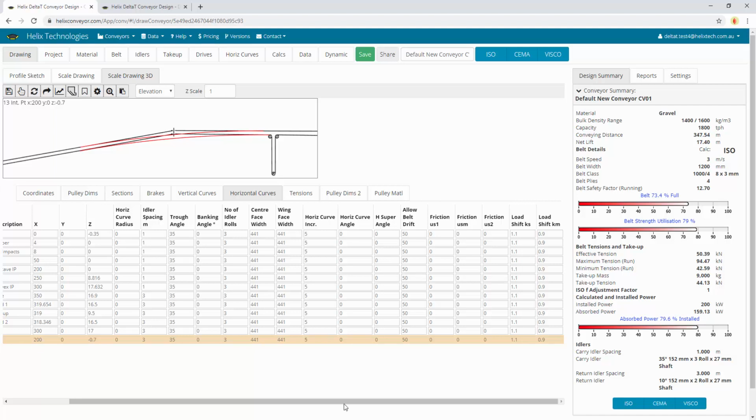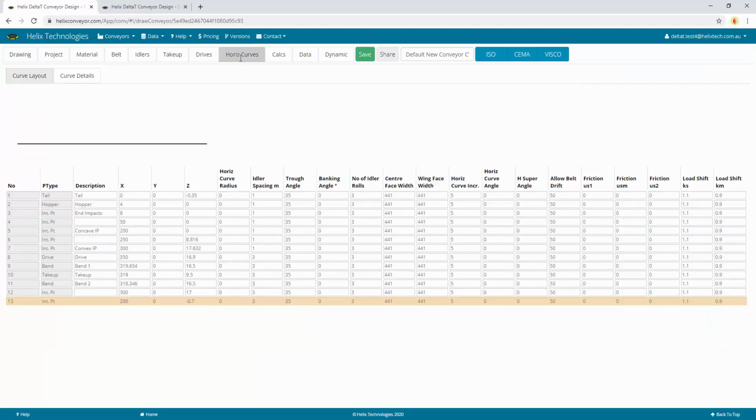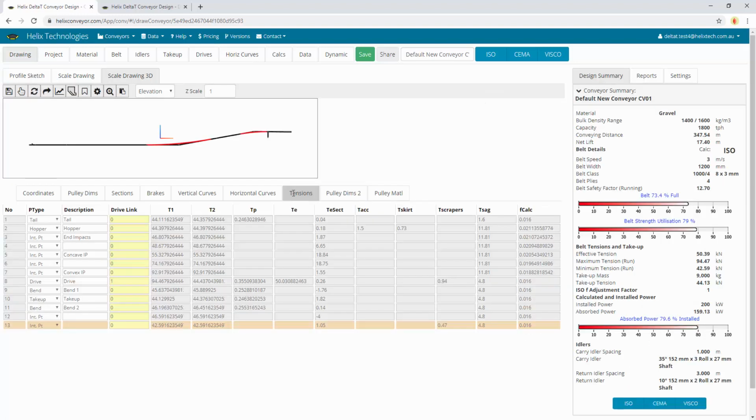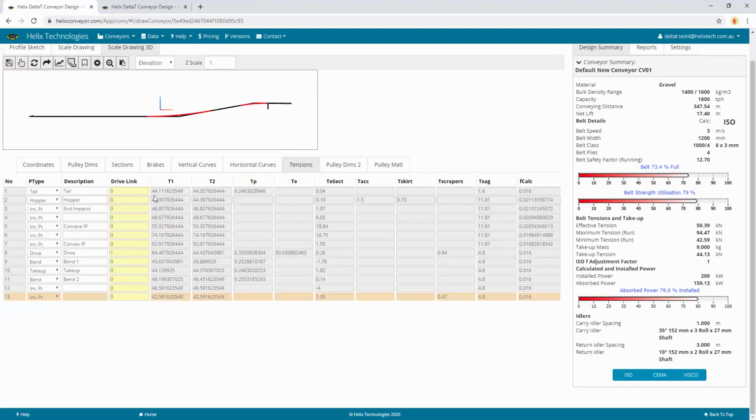All these values can be seen in the horizontal curves tab here, where we can draw each individual belt drift graph. We'll look at this in another video in more depth. The next tab we've got is the tensions tab. Now this is just the output tab of the tensions along each section of the conveyor, and it also shows the frictions. So we've got the tight side tension, the slack side tension,